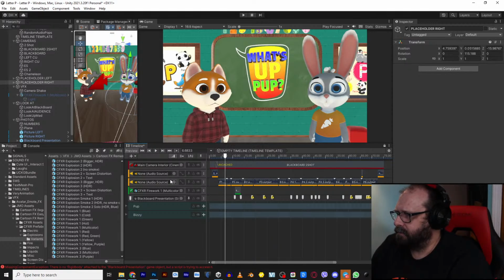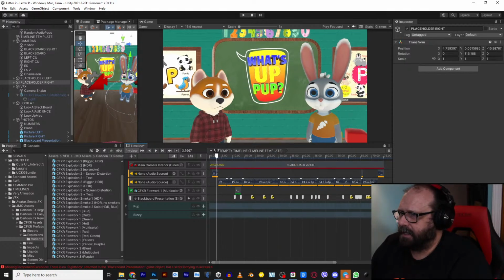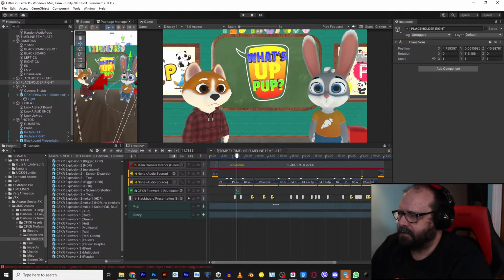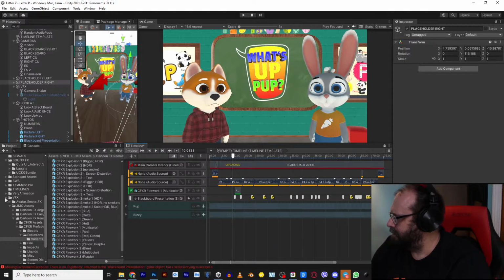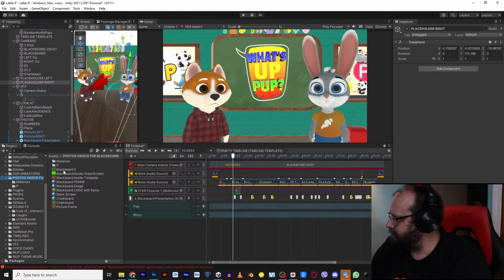What I'm using for the audio and the eyes and all that is an asset called Salsa, and basically once you rig the character, you can just drag everything into the timeline. I try to do everything in the timeline. I don't script anything except for the special effects, triggers, and all that, which I trigger in the timeline to make things less complicated and faster. In this case, it's a very simple cartoon. They don't ever leave the classroom. They just talk about penguins. So let's go ahead and listen to what they're talking about and find the photos that my